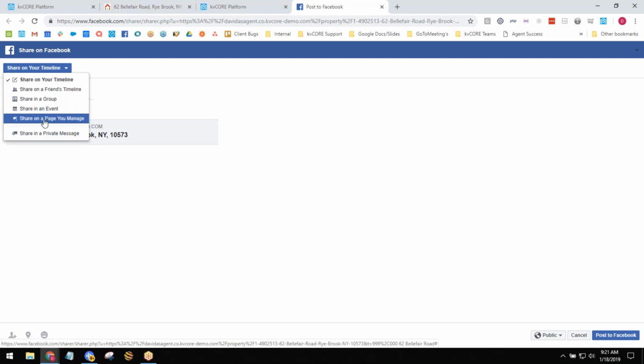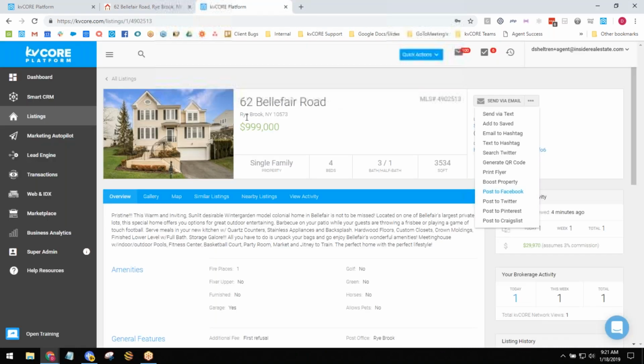And then from there, we can even boost that and do something more specific, like I talked about on our last training, of boosting and targeting by zip code to be more specific and spending a little bit of an investment on that. So that's an option for us too.